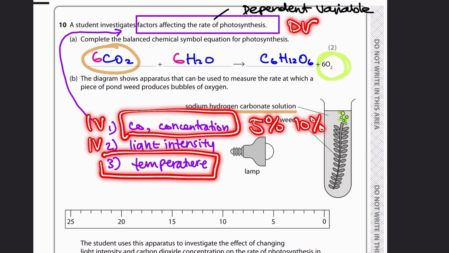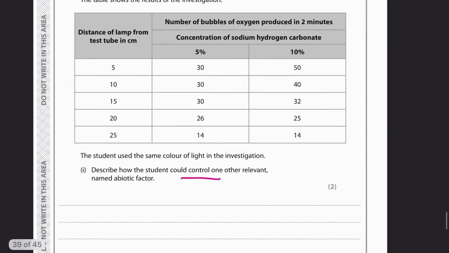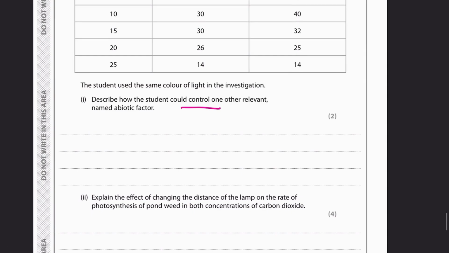It's got to be a CV, a control variable. Otherwise, your experiment would not be fair. So it's good to know these three in your head in advance because you're thinking, are they controlling for temperature? Are they controlling for temperature? So temperature is definitely a point here. So temperature,